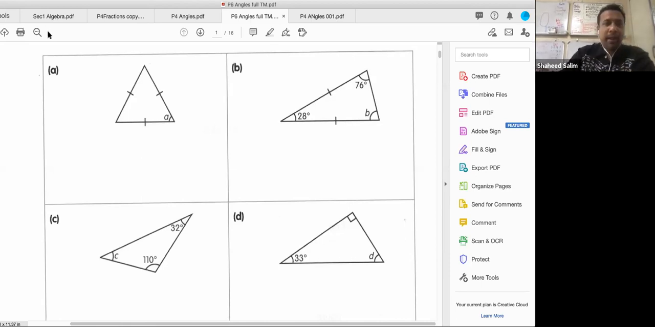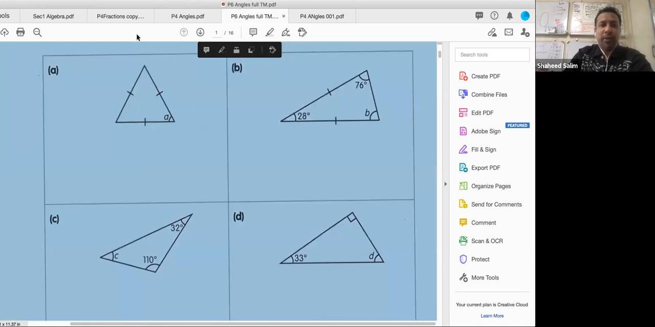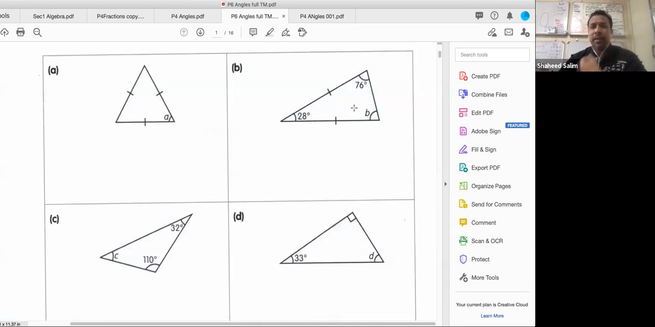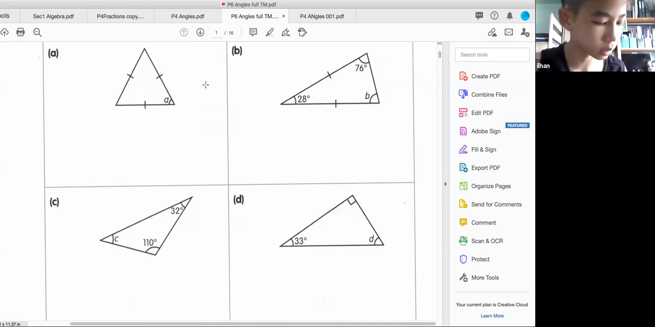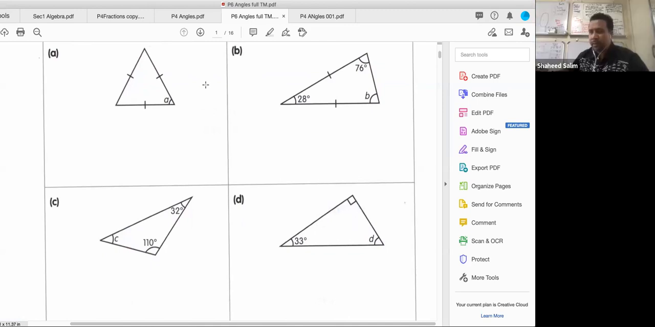Okay, so Ilhan, what's the answer for question A? Very quickly lah. Just say it out lah, Ilhan. Cannot hear you. Can you, you're on mute. For A, it's 60. For B,